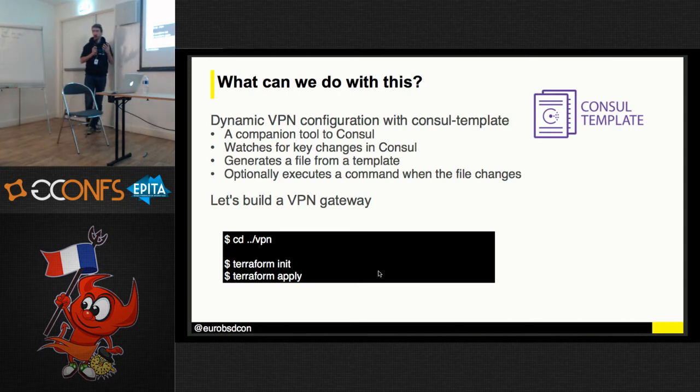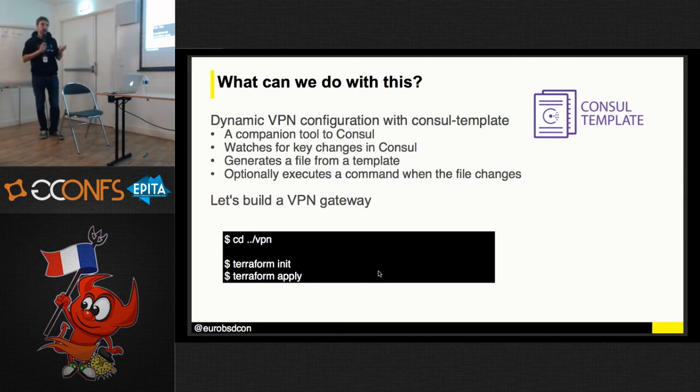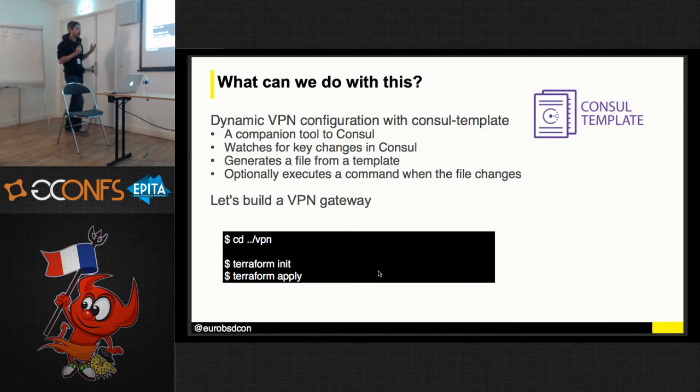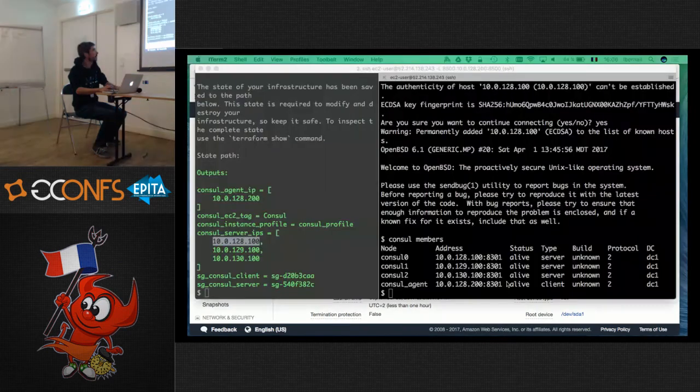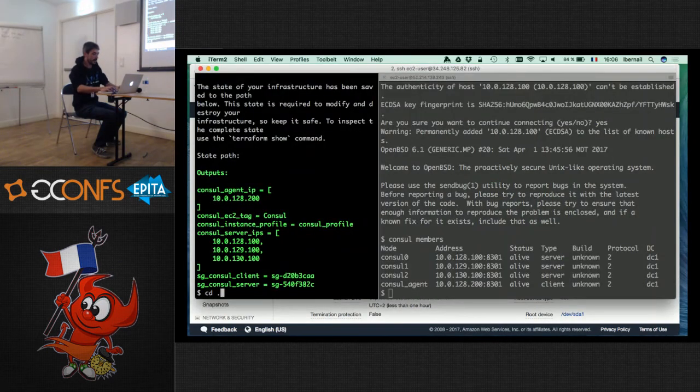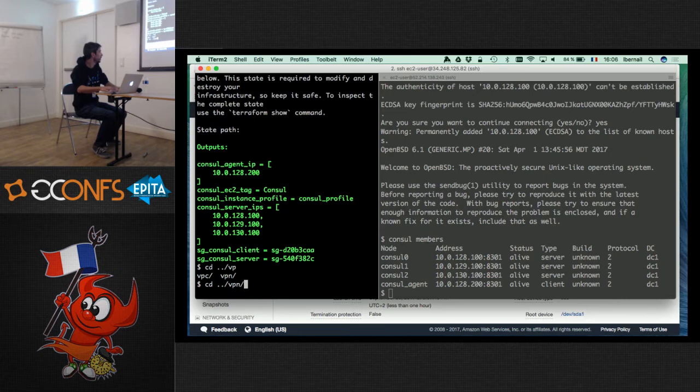What we want to achieve is a generic VPN machine without any configuration. We could put the configuration we need, like the endpoint and pre-shared key, inside console, and then it's going to build the configuration and start the VPN. Okay, so let's do that. I'm using Terraform again to build this machine. It's quite a simple Terraform script.